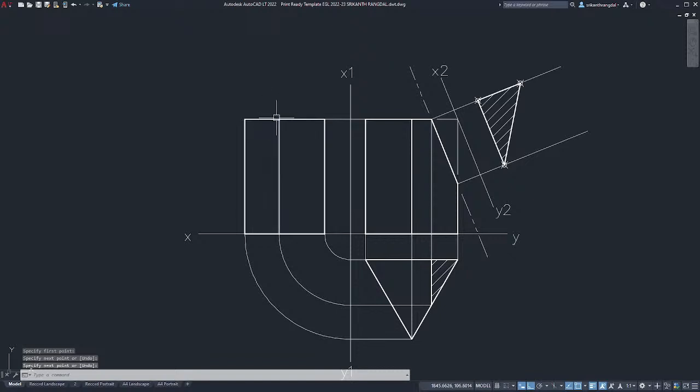So here we got one point, then this edge is being cut. Edge is over here. This is one point. This is the second point, and the third point. This is cutting the back side. Third point is going to be